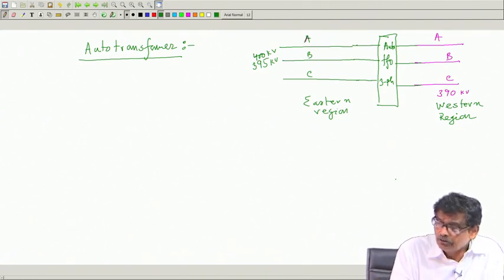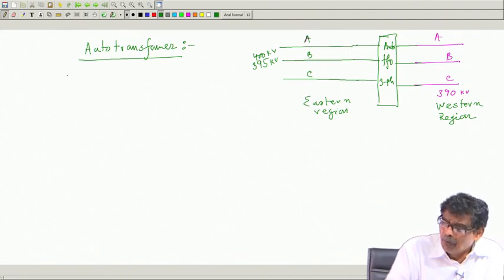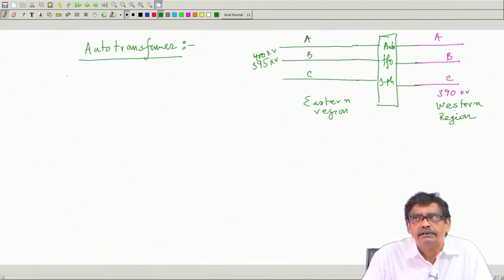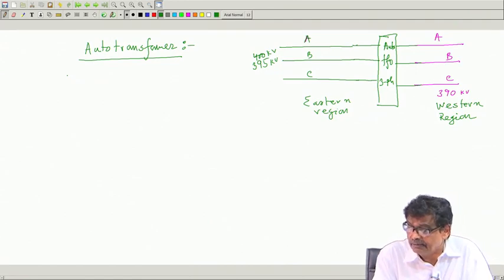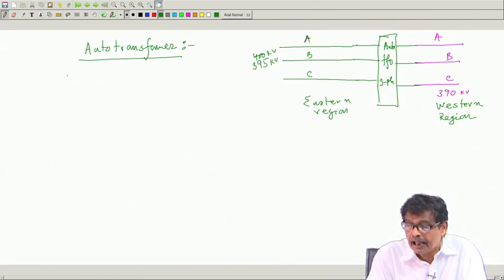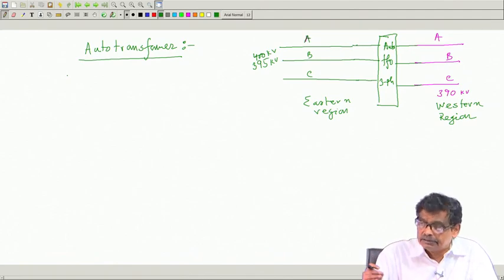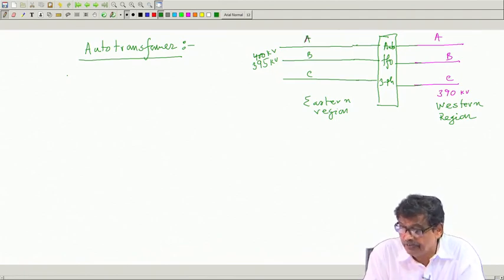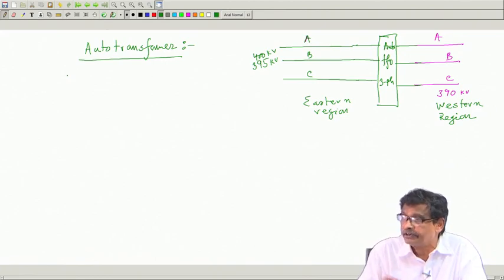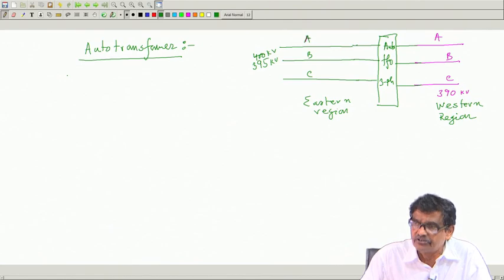Now, what is a 3-phase auto transformer? I will take that up when I take up the 3-phase transformer. Right now, you just try to understand that here is a case where the voltage ratio will be close to 1 and I have to connect these two so that I can parallel them. Not directly, because if I connect them directly without a transformer, a 5 kV difference will cause a large current to flow, almost like a short circuit.